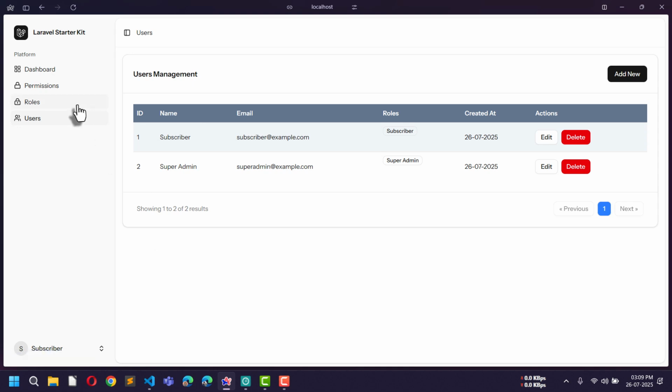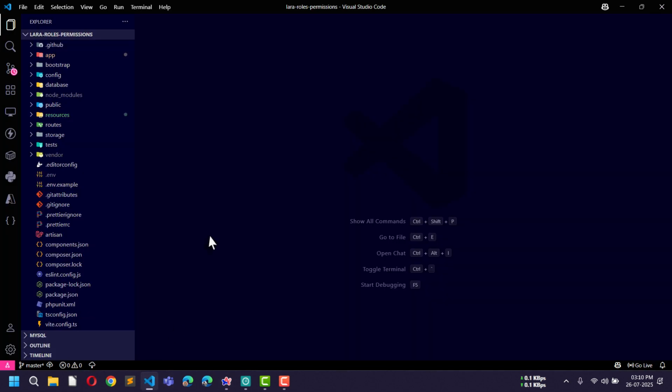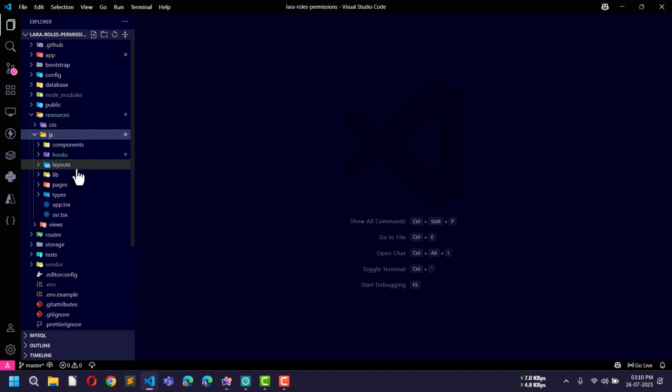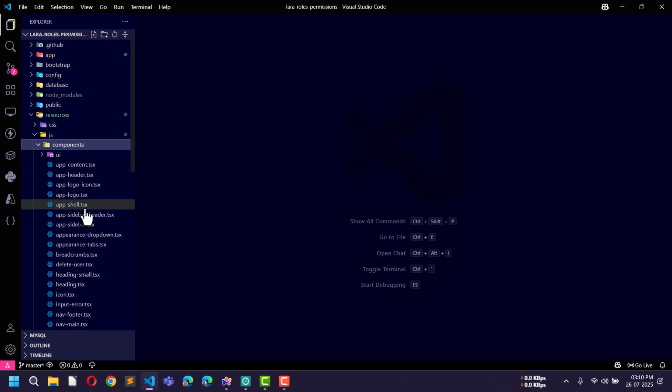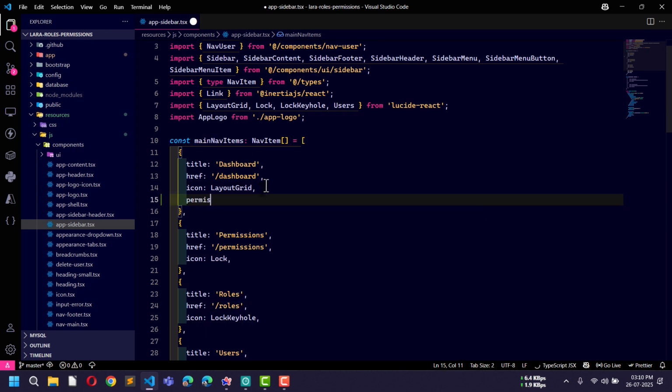Now according to this, the user has role subscriber, and if we go to roles, then this subscriber has only three permissions given, which are view dashboard, view any permission, view any roles. Okay, so now let's go to here. Now first I will go to JS, then components, then I will go to this app-sidebar, and this is our main nav items. So here I will also use permission